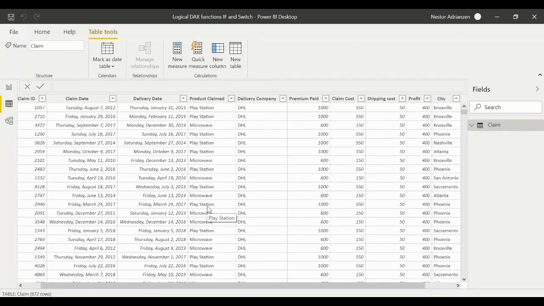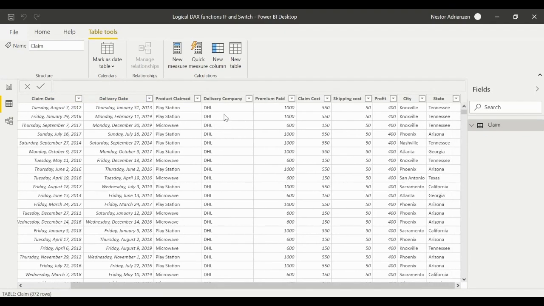This information is based on a fictitious insurance company. And we have right here claim ID, claim date, delivery date, product claim, delivery company, premium paid, claim cost, shipping cost, profit, city, and state. Okay. So remember, the first task that we want to perform is to create a new column called additional